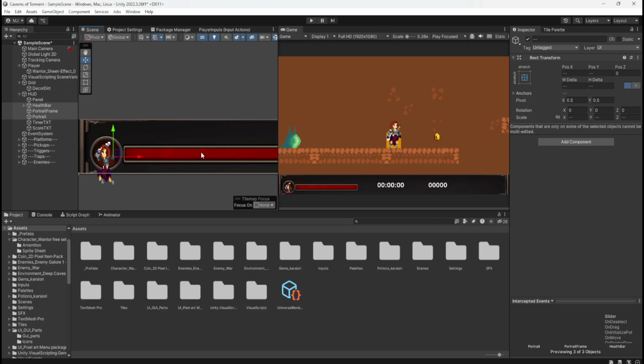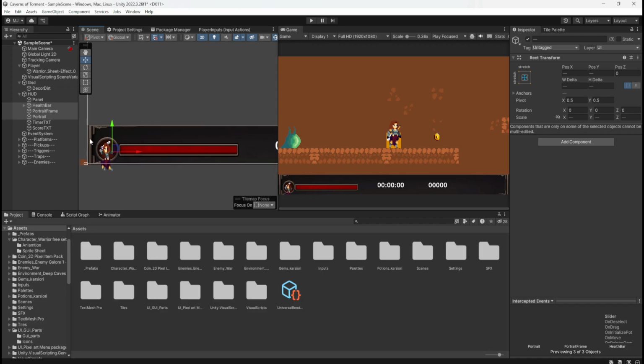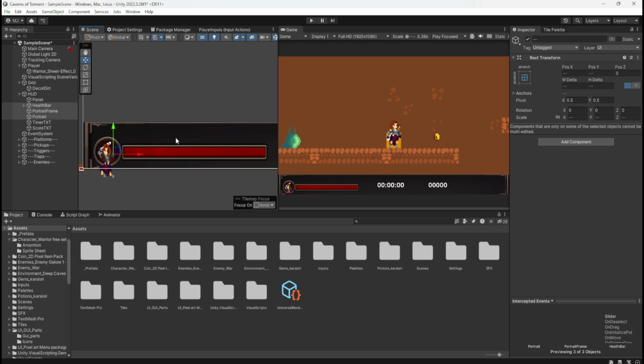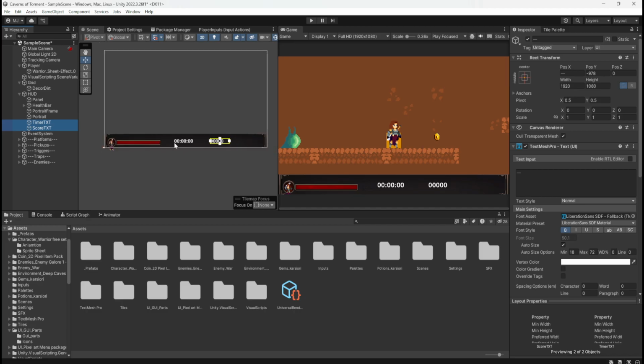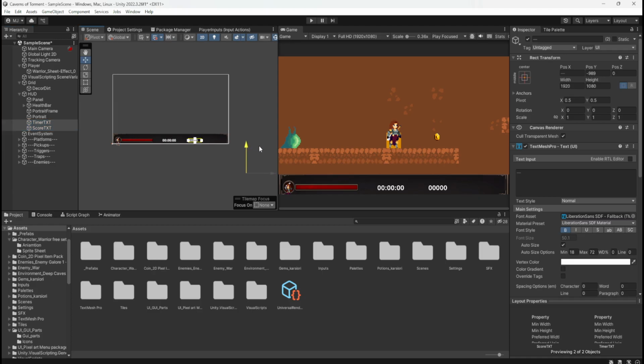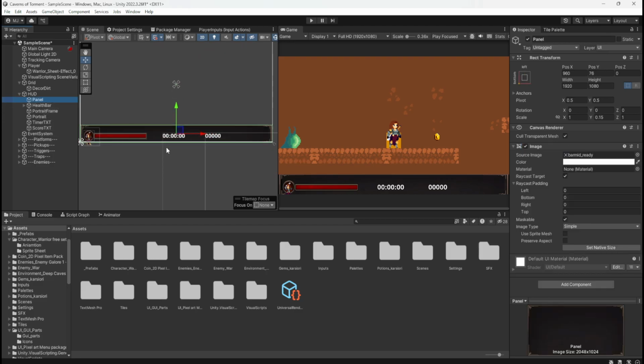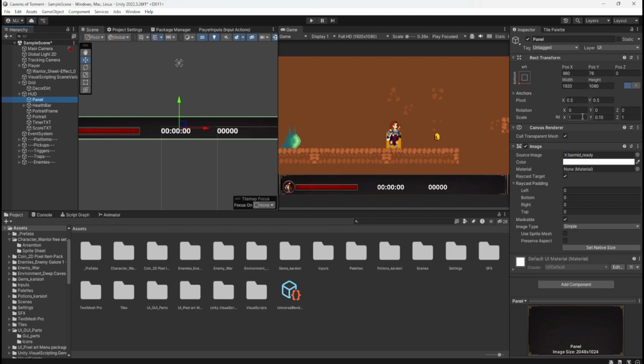And then if we got the timer and the text, and then get the panel and get the scale.